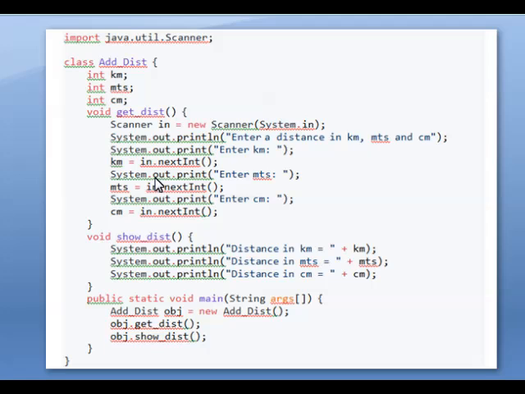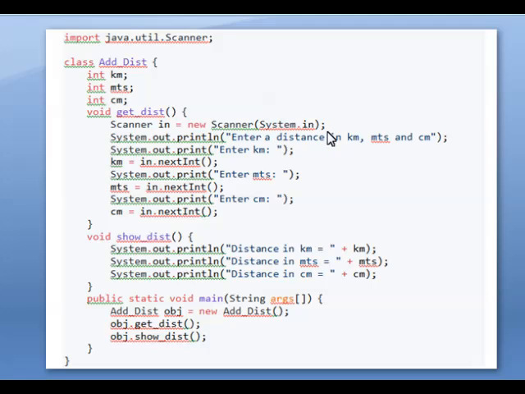So it is here. First, import java.util.Scanner. Then the class name is add dist. Then we are using three variables, that is kilometer, meters and centimeter. All are integers. Then void get distof, then open curly braces. Then Scanner in equal to new Scanner of System.in.